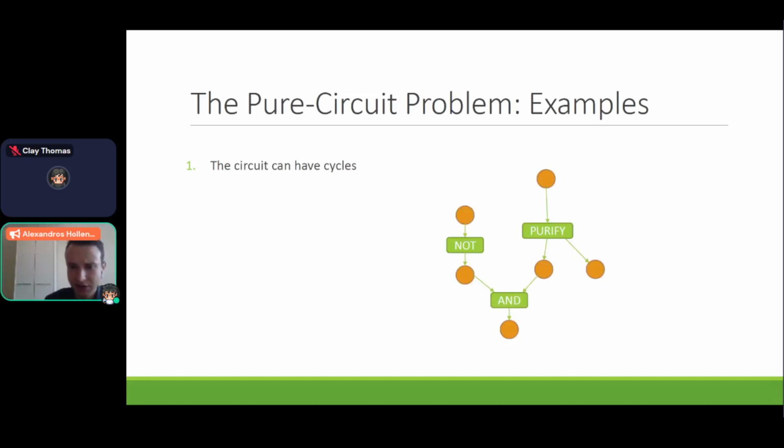Let's consider a circuit without cycles, like this one. Well, if the circuit doesn't have cycles, what you can always do is you can just put some arbitrary value, like 0, for example, on all the source nodes of this circuit. And then you can just compute the gates normally as you would. And that will automatically satisfy all the gates, and you have solved the problem. So if there are no cycles in your circuit, then the problem is trivially easy to solve, essentially. Okay, so the cycles are what make this problem interesting and also hard.